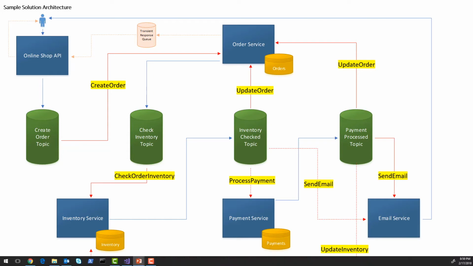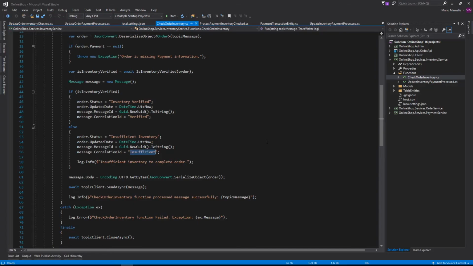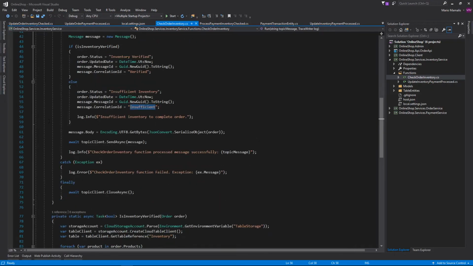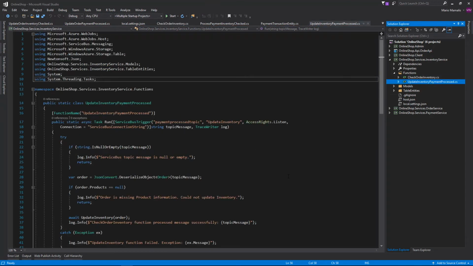So back to the code. After we do our check, we create the message that goes into the next topic, and we send that message to the topic. Of course, we have our try-catch blocks in order to be able to log our errors and so on. The update inventory payment processed function